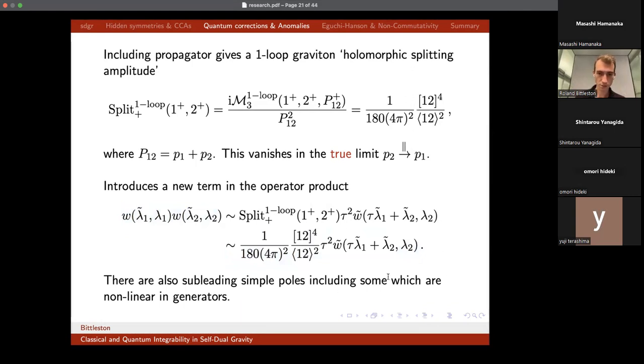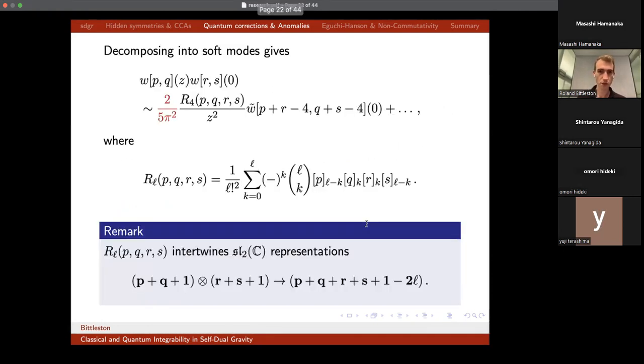There are also some subleading simple poles. These are a bit more subtle. They correspond to other possible one loop corrections, but this is the leading one. And then if we recast this in our sort of inhomogeneous coordinates and in terms of soft modes, what we